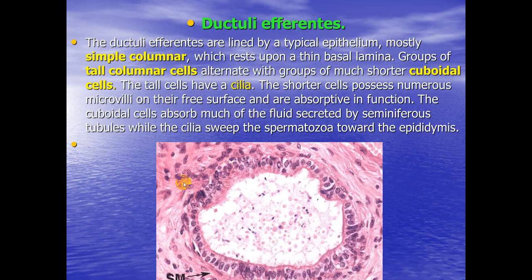On this microslide, stained by hematoxylin-eosin, you can see the section of one of the ductuli efferentes. Now in detail you can see the covering epithelium. The epithelium here is simple columnar, but you can see that in this epithelium it is very easy to recognize two principal types of cells. One of them is tall columnar cells. You can see tall columnar cells